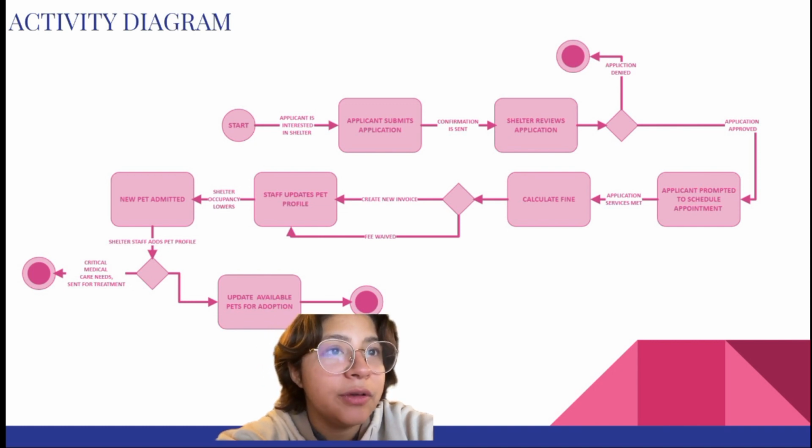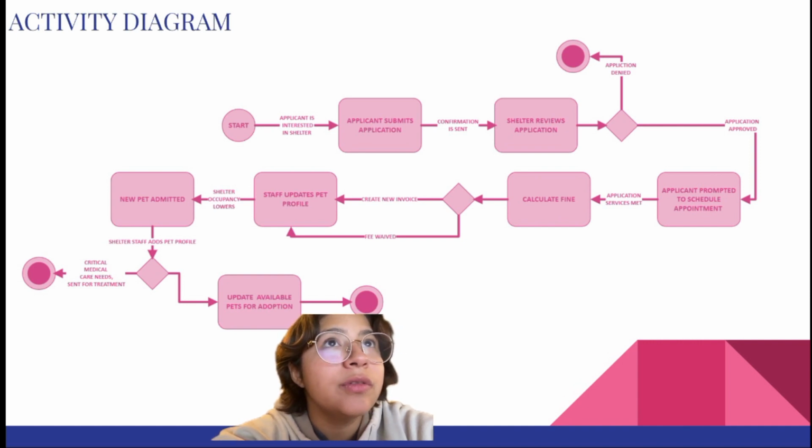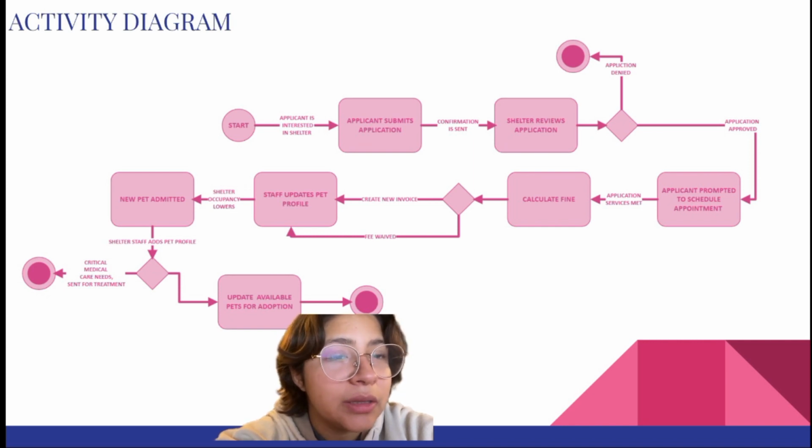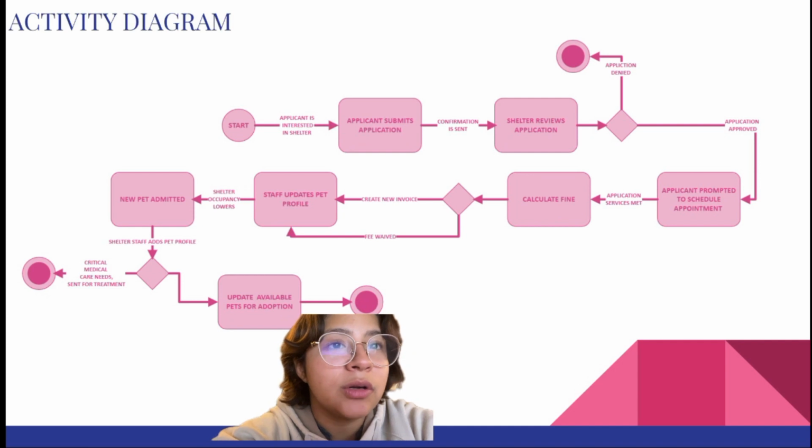The shelter will then review, and then from there we have a decision whether it's going to be approved or denied, and if it's denied, then it stops. We can move on to where the application has been approved, and from there the applicant will be prompted to schedule that appointment. Once everything is completed in that appointment and the services are met, they will calculate the fine, if there is one. If the fee is waived, or if they have to create a new invoice, it'll still go on to